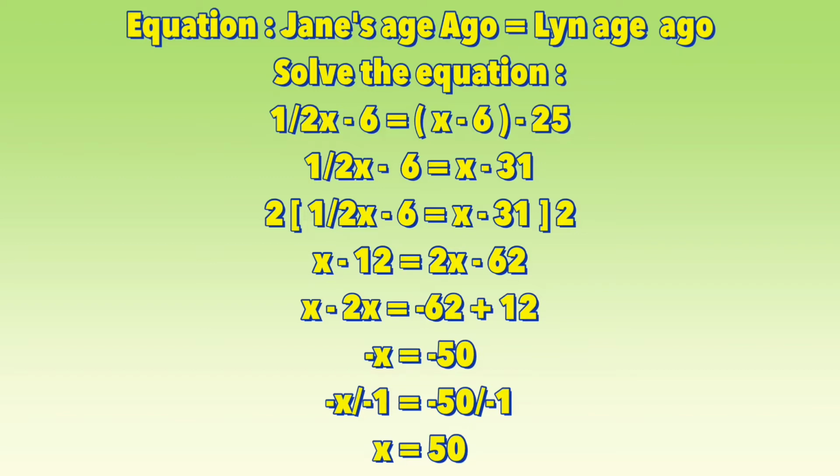Minus 62 plus 12, we have negative 50. And then since we're going to solve for x, we're going to divide both sides by negative 1, and we have now positive x equals 50. So if we're going to check if our answer is correct,